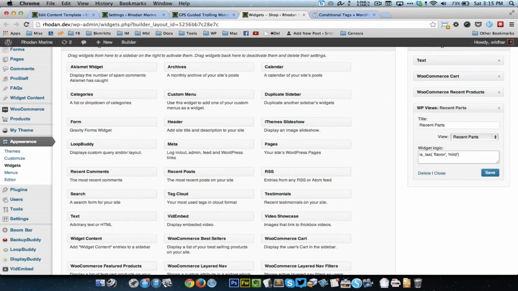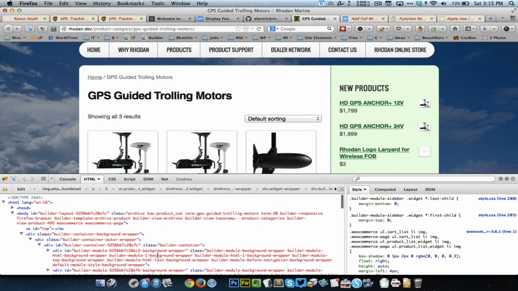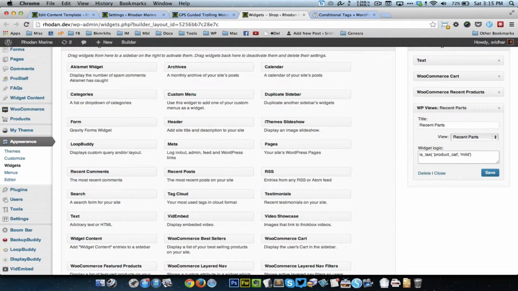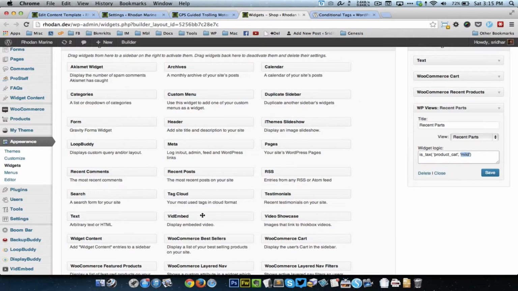Okay, so this flavor, that would be the custom taxonomy's name. So if I go to this page and take a look here, you can see that product underscore cat is the name of the custom taxonomy, and this is the term. Okay, so the term here would be this one. So if I click on save,